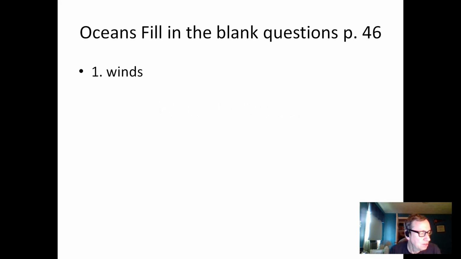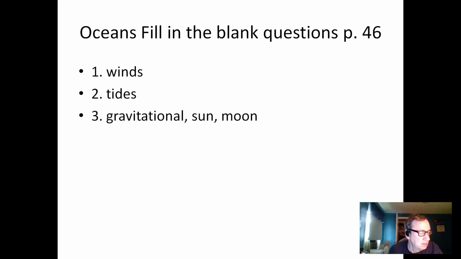and waves. Number 2, the blank of the daily periodic rise and fall of sea level. That would be the tides. Number 3, the raising and lowering of sea level are caused by the gravitational pull of the sun and to a lesser extent the moon. Number 4, there are large current systems that operate in the oceans. Probably the most famous one is the Gulf Stream, which brings warm water from the tropics to as far north